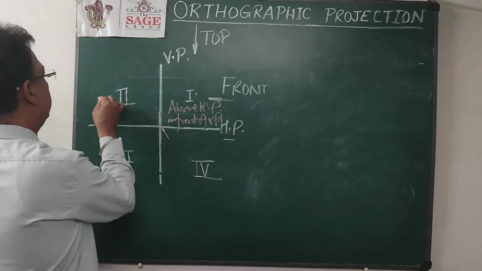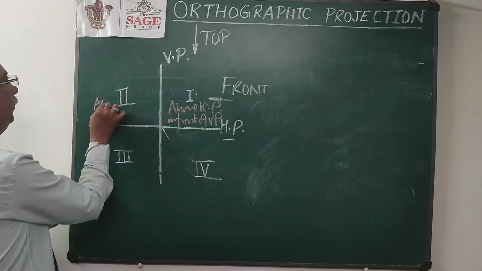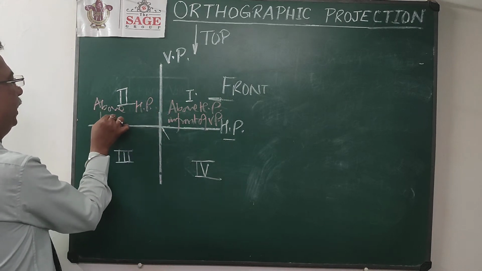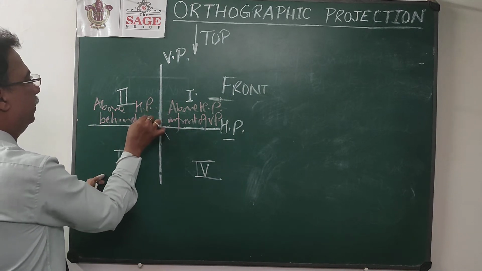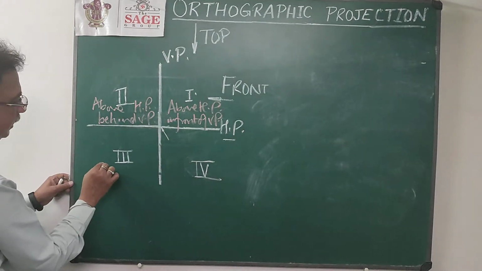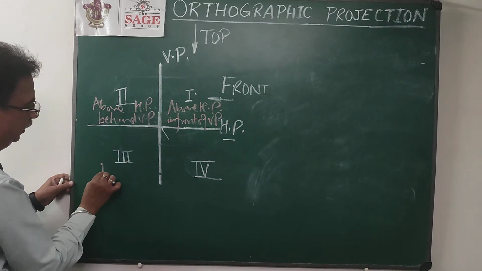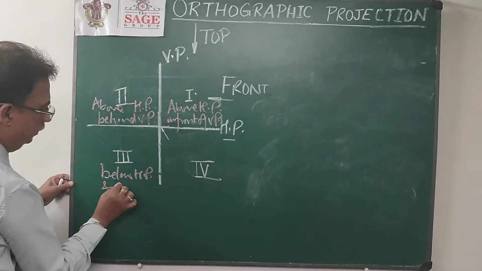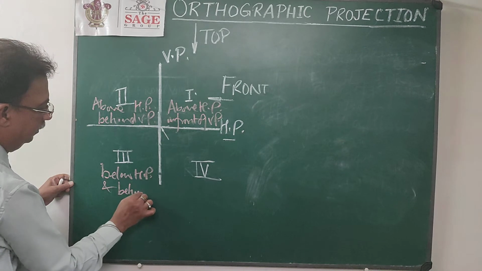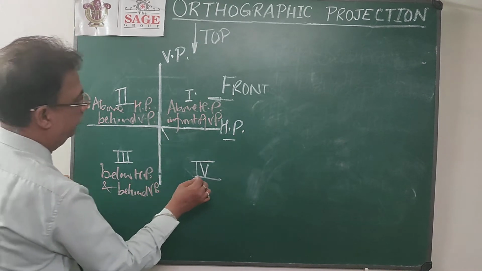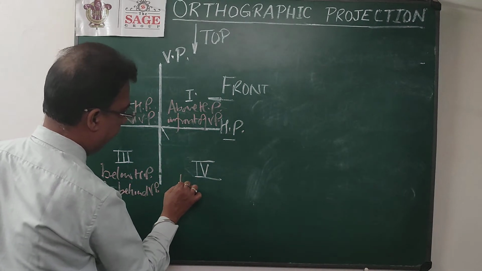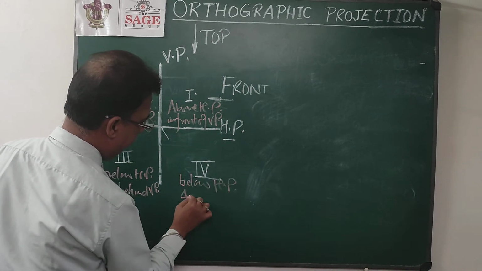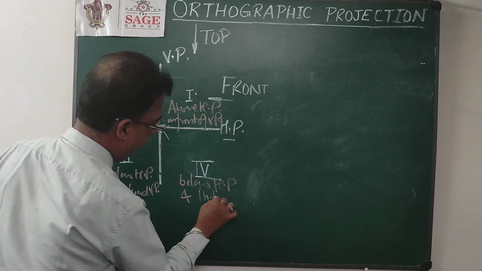If the object will be in the second quadrant, I will say it is above HP and behind VP. If it is in the third quadrant, I can say it is below HP and behind VP. And if it will be in the fourth quadrant, then it can be below HP and in front of